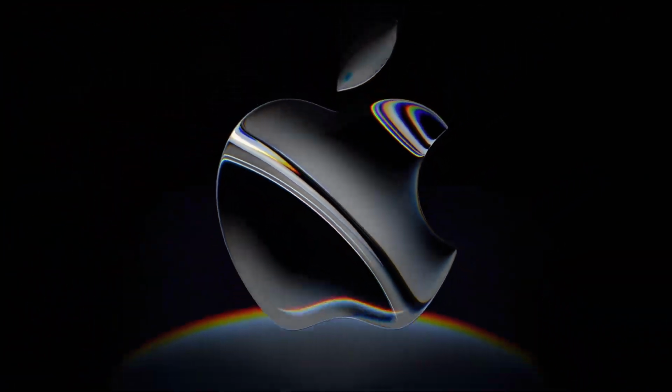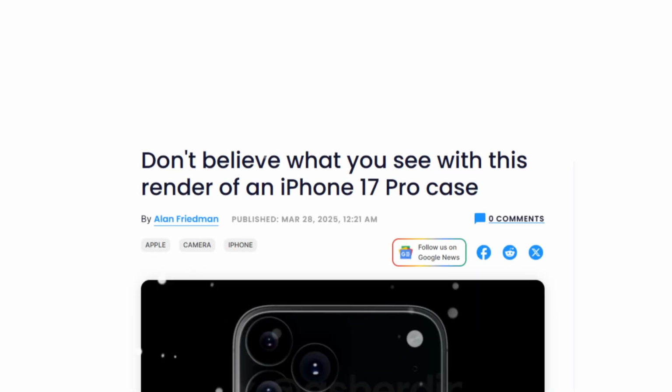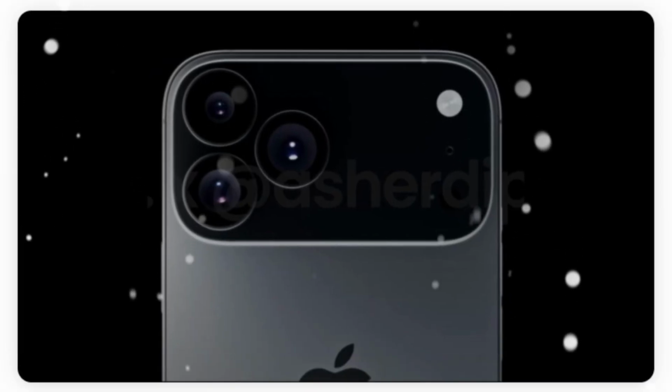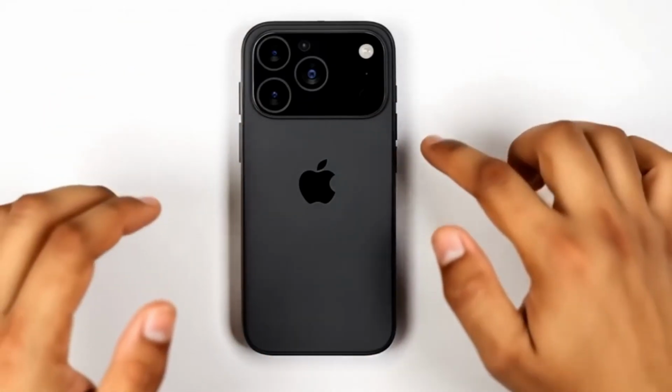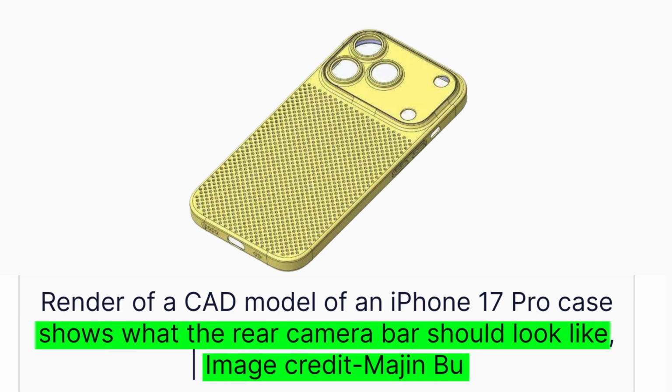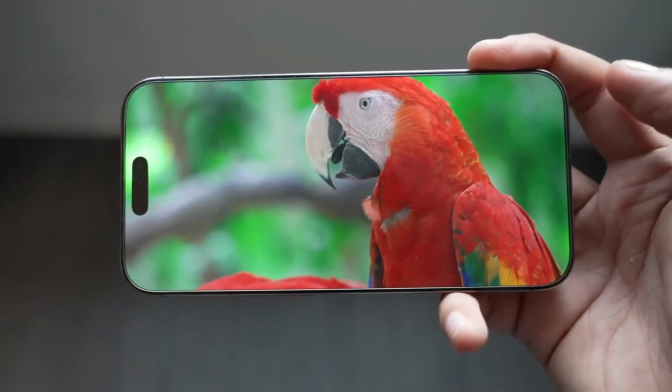Apple's next big redesign might not be what fans expected. A newly leaked case render for the iPhone 17 Pro has raised questions after a key design inconsistency was spotted. The image, shared by leaker Majin Buu, shows a camera bar that appears shorter than expected, stopping before the right